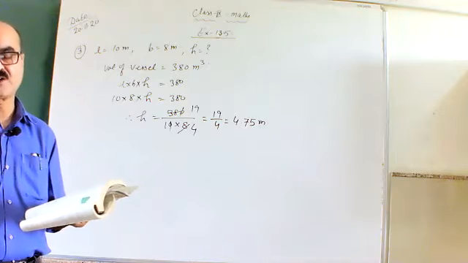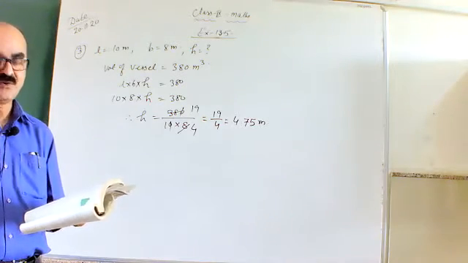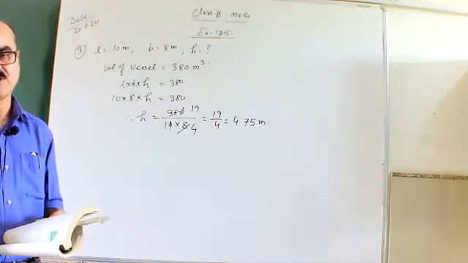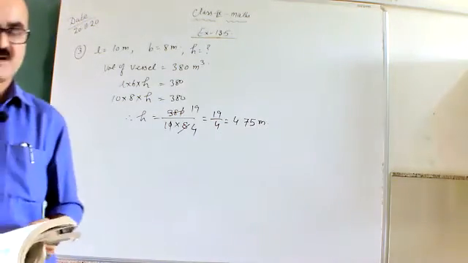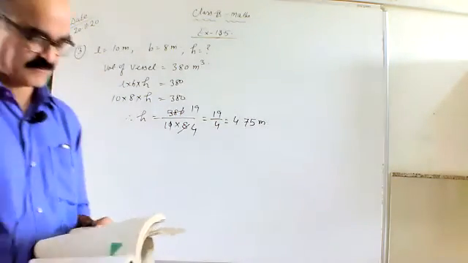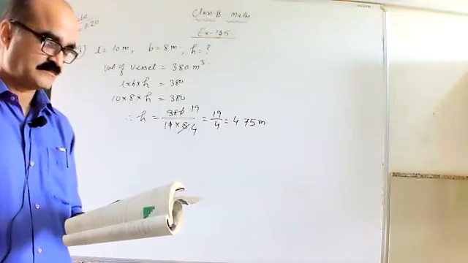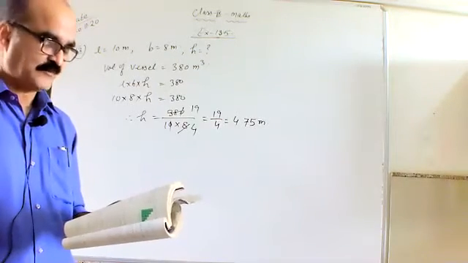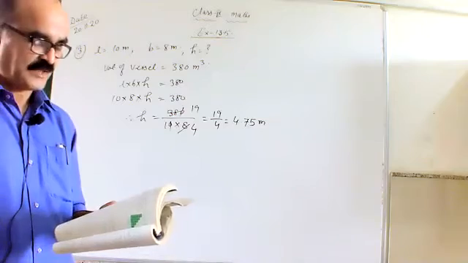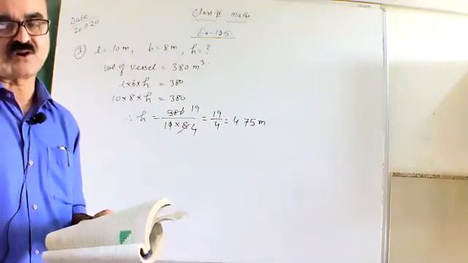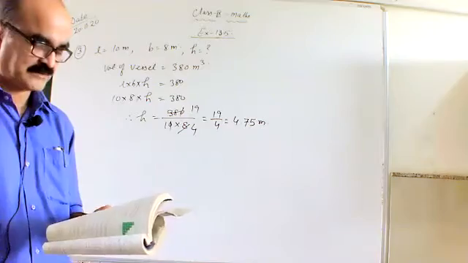How will we find the cost of digging? You will multiply the volume by rupees 30, so you will get the answer. I hope you can do this. Is it okay or not? L, B and H are given. You will find out the volume, then multiply the volume by rupees 30, then you will get the cost of digging the cuboidal pit. Okay.